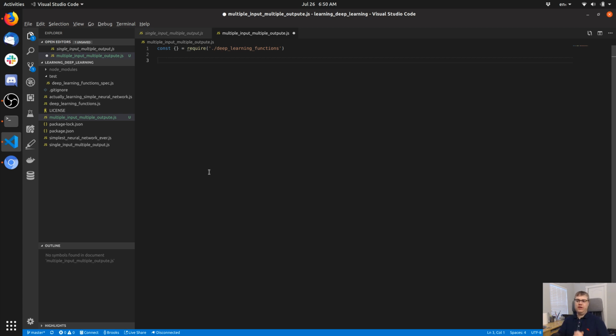All right, so to begin with, we need to make our prediction. And I can sort of begin to code this out, but then if I need to, we'll add functions to the deep learning functions. So our predictions, it's multiple because it needs to be an array for the outputs. So we're gonna have 3 outputs. Actually, before I can do that, I need the inputs. So the inputs,